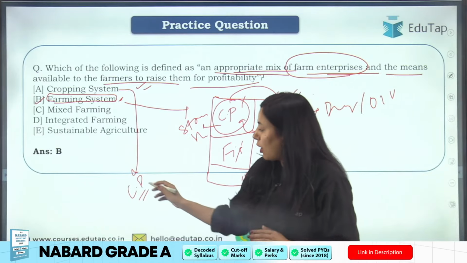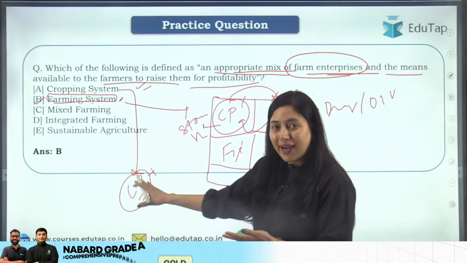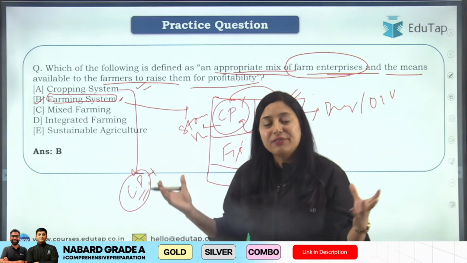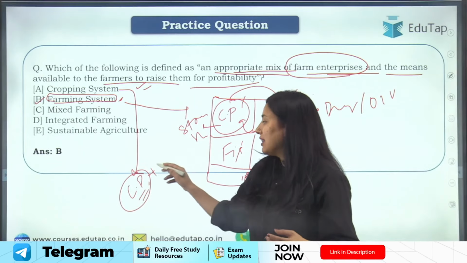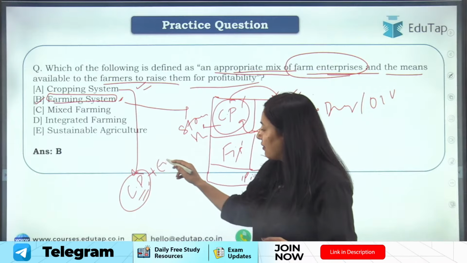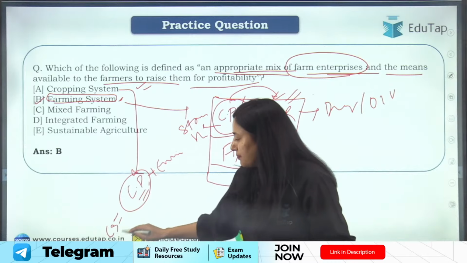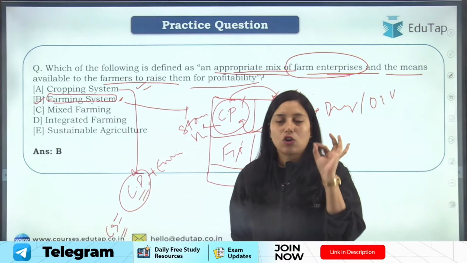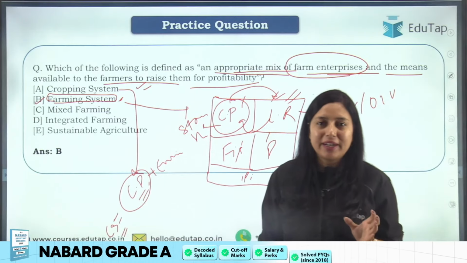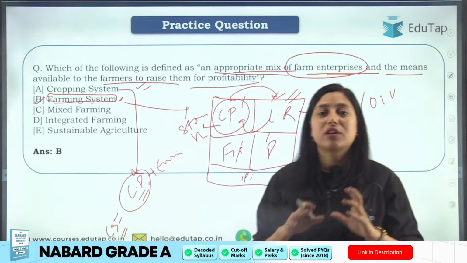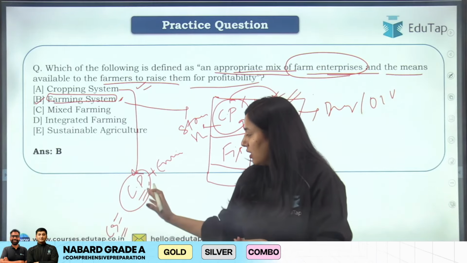Okay, now the cropping pattern that you're following for your land and how that cropping pattern is interacting with the resources that are available on that crop land or farm, that is interaction with the environment, you can say, or the resources in the farm, that is called as cropping system. Cropping system क्या है? The cropping pattern that you follow along with its interaction with the environment, its interaction with the surrounding or resources that are present in the farm, that is called a cropping system.